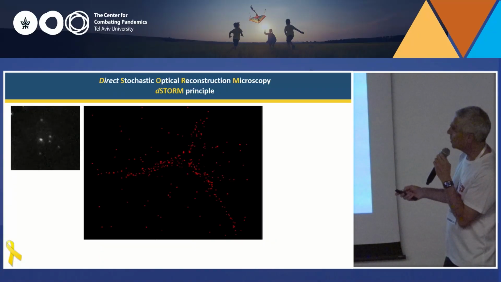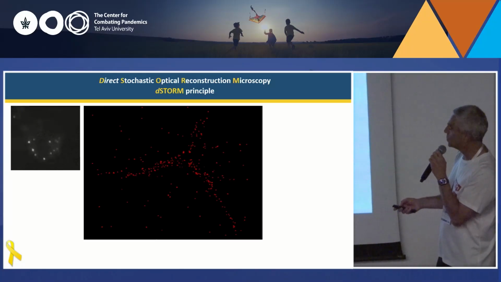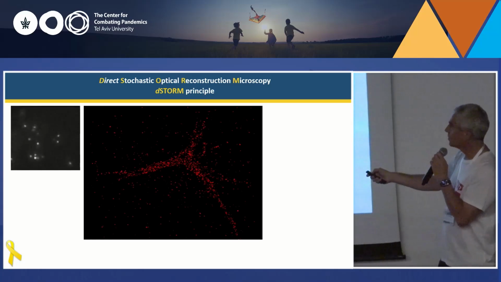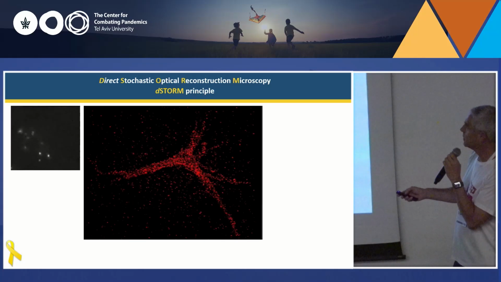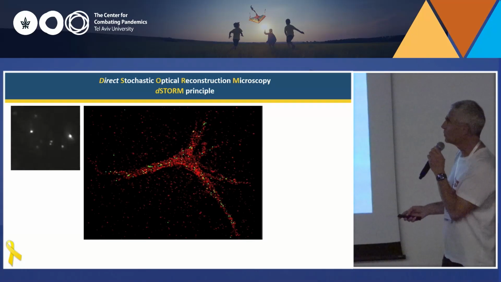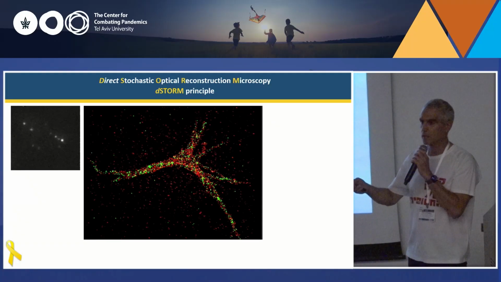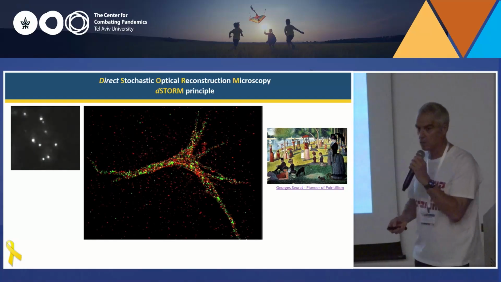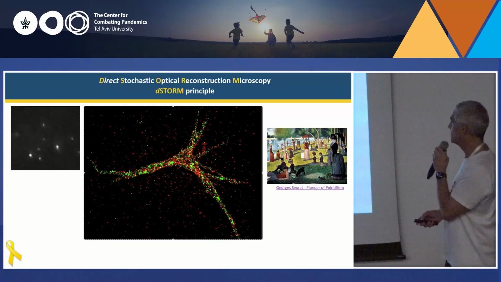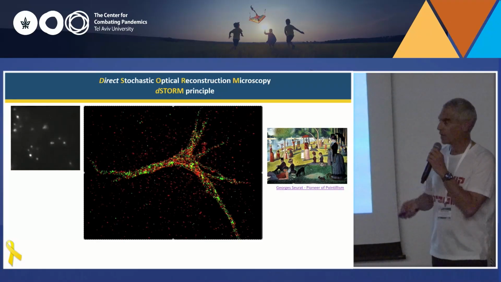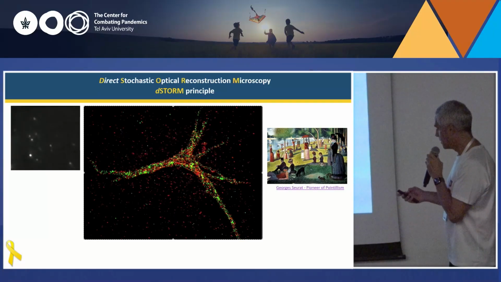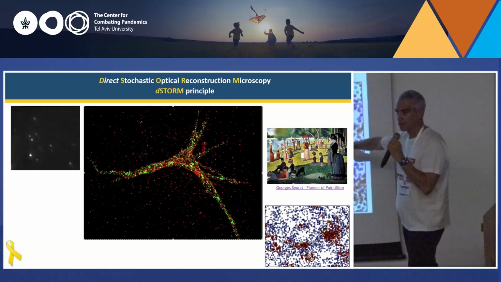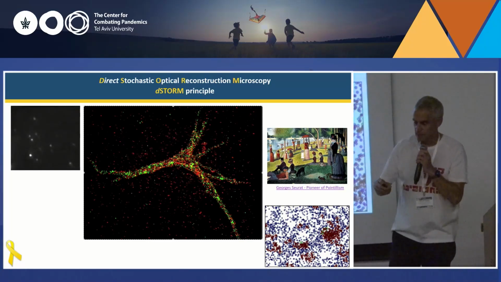And I'll show you here another movie that shows you a bit more detail. These are blinking molecules that you can see slowly accumulating here. And here comes now a second color, so you can do 2 colors. And basically, you can create a very nice image. In a way, you can say that this is a modern pointillism, similar to maybe what George Seurat did 100-something years ago. But for us, at the end, this is our end product, and we need to make some sense out of it.